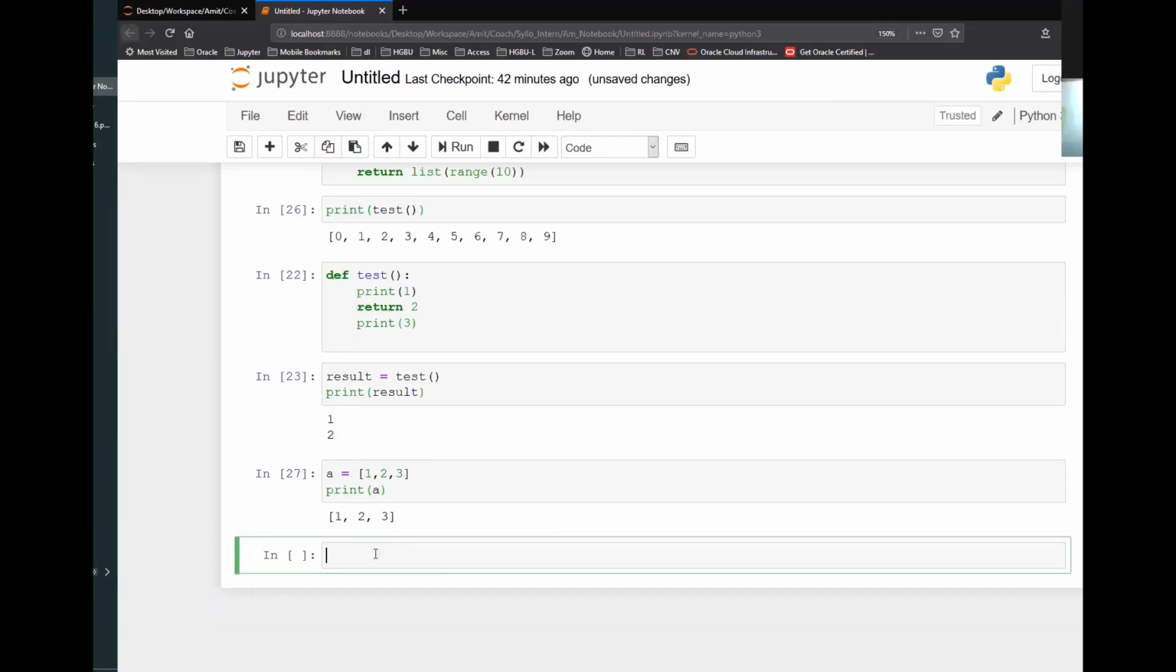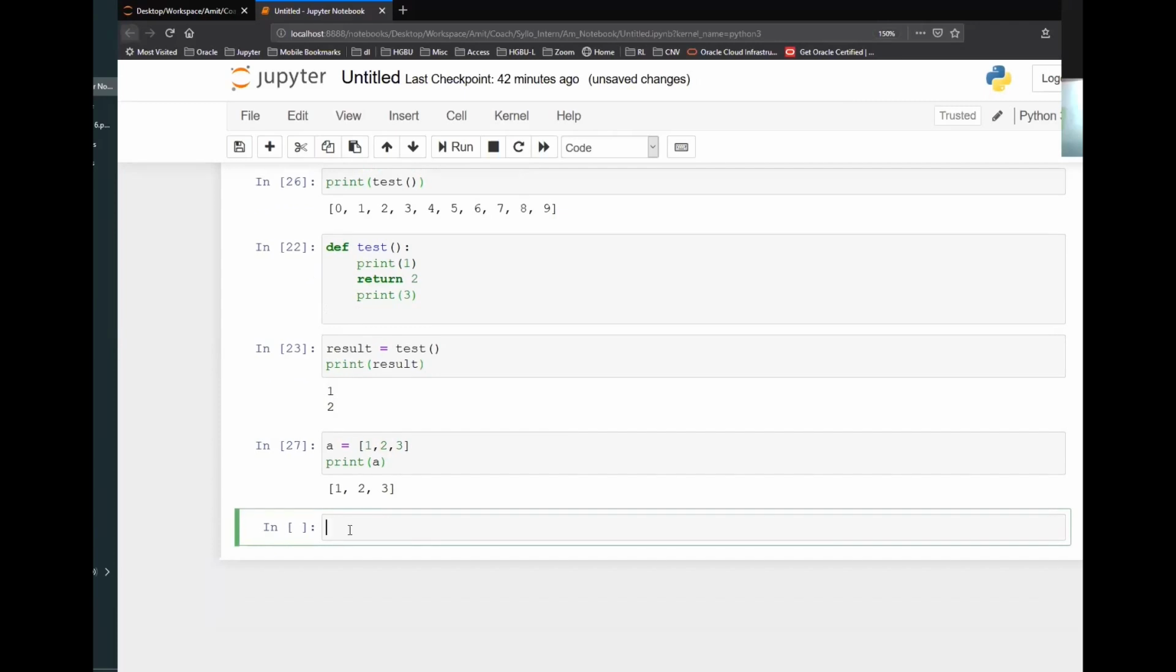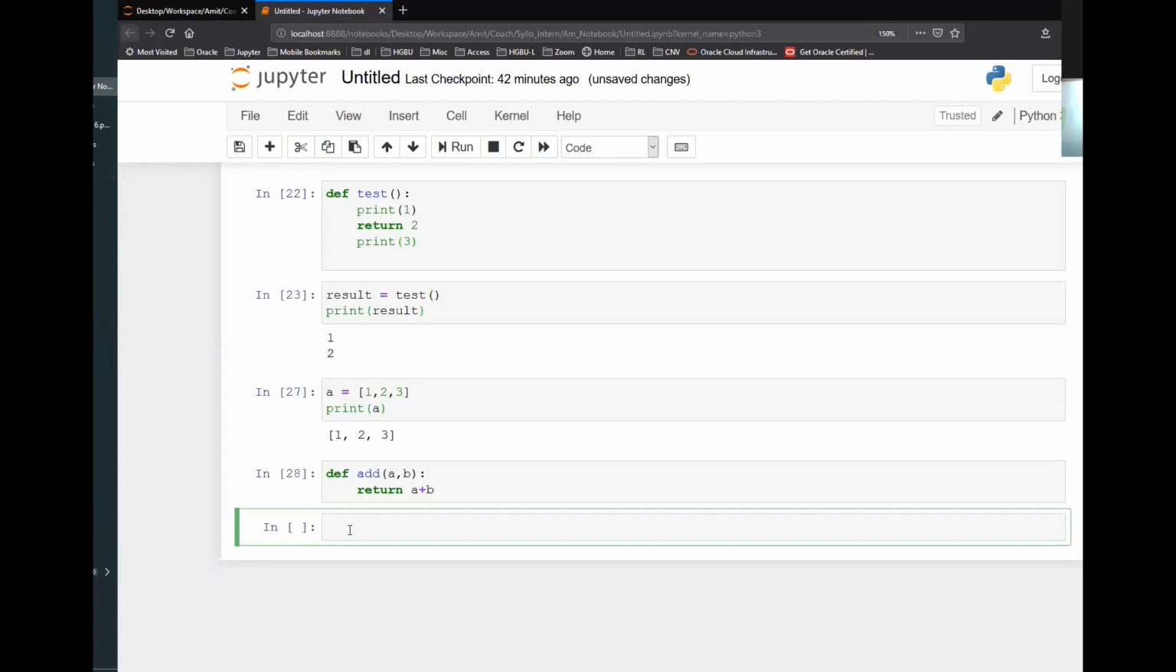Right. Now let's take another scenario. I'm having def add, a comma b, and then I'm saying return a plus b, right? I have already defined a function with the name add, which is taking 2 parameters, and then I'm saying return a plus b. Now I'm giving you just a scenario. Let's say I am creating this addition function in my software, in my application. Now